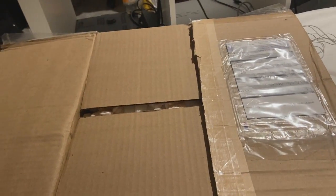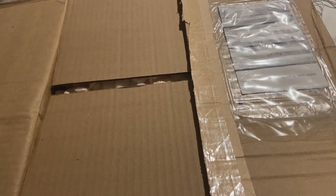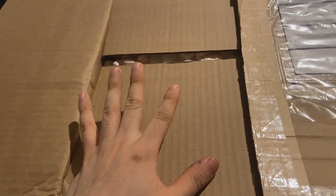So Venom is almost complete. I'm just waiting for the clay to cure and then I'm gonna paint it. But in the meantime, this here is a big box of toys and some other stuff that I sent to